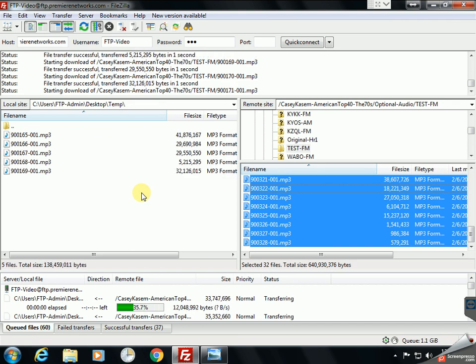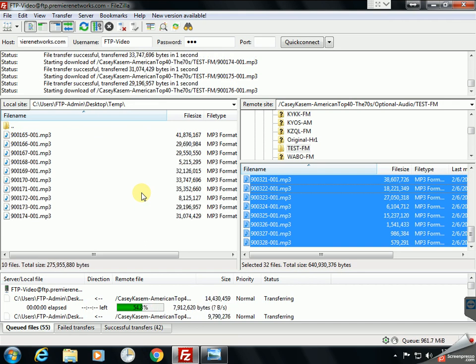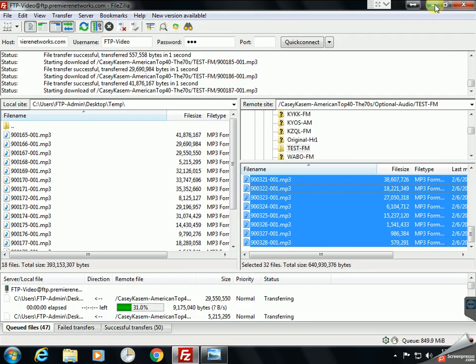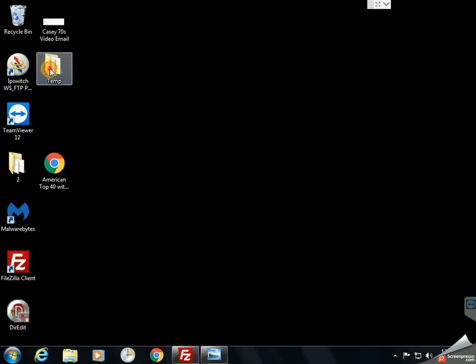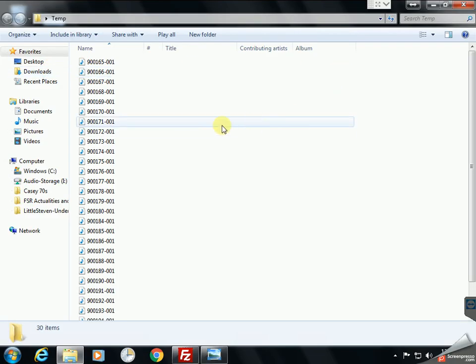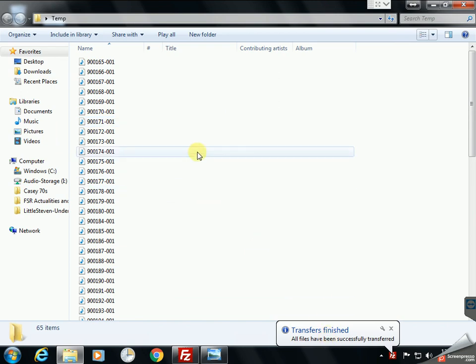And you see FileZilla is going to start doing the work for me. So let's minimize while it's downloading. Let's open our temp folder, and we see down here all of our items are being downloaded for us. Now that it's done,